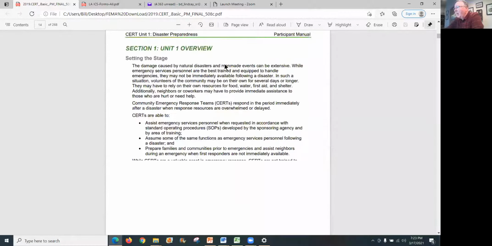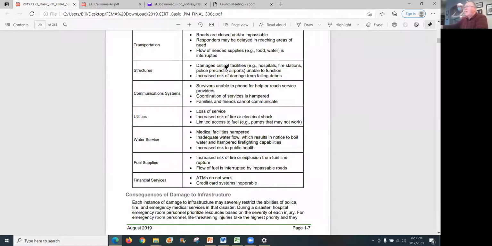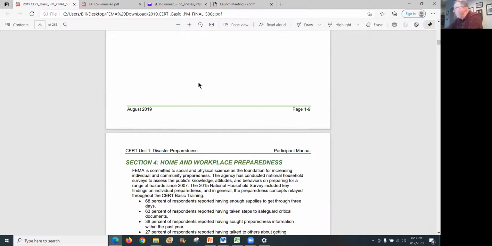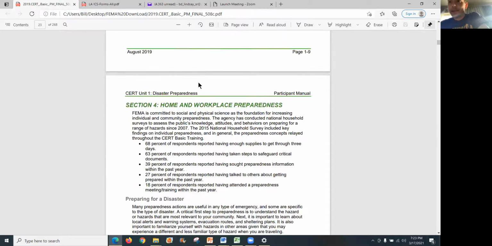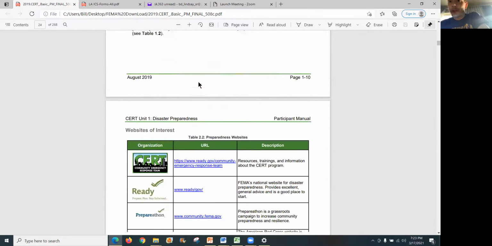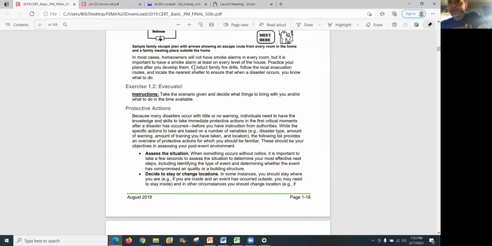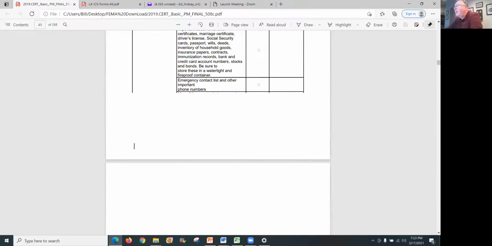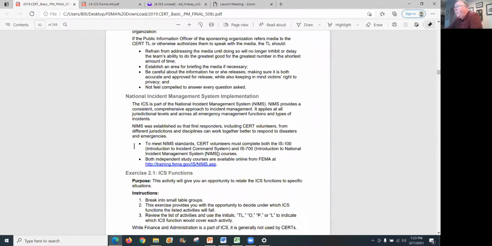Okay, let's go back to the beginning for unit 1, see if we can help you. Who asked the question that I was trying to answer? I think it was Tom. He was just asking if the test that we were looking at was going to be the actual one that we take, or if it's just an example. You're going to take it right now. And I'm trying to get to Unit 9. You need to print off your manual.